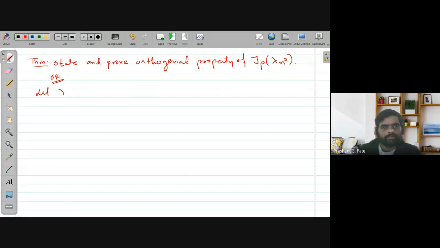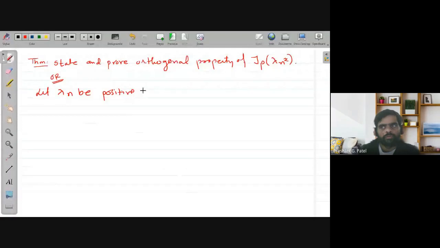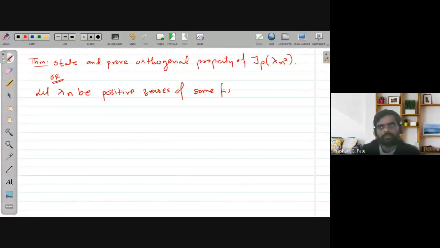Let lambda n be the positive zeros of some fixed Jp of x, where p is greater than or equal to 0, then prove that